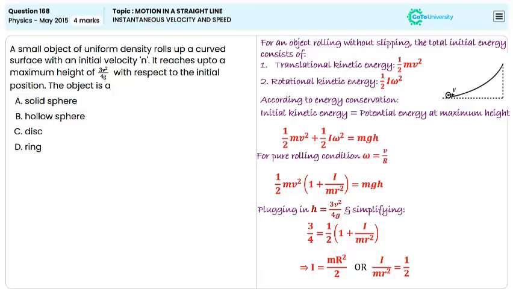The moment of inertia for a solid sphere is I is equal to 2 by 5 mr square. For a hollow sphere, I is equal to 2 by 3 mr square. For a ring, I is equal to mr square. But for the disk, I is equal to 1 by 2 mr square. Hence, the correct answer is option C, because the value I by mr square is equal to 1 by 2 corresponds to its